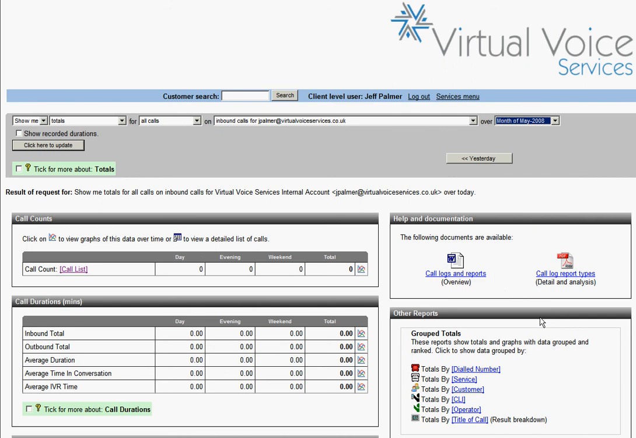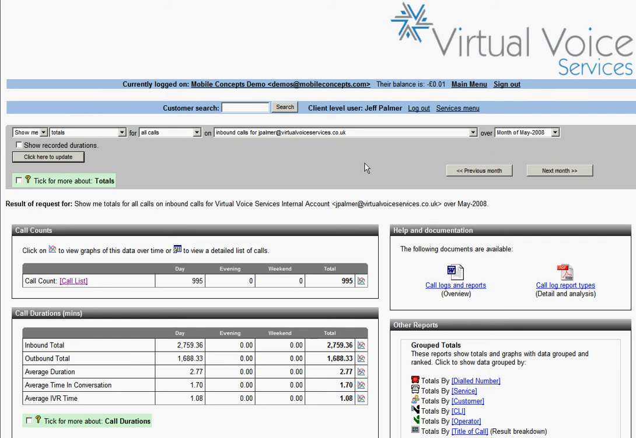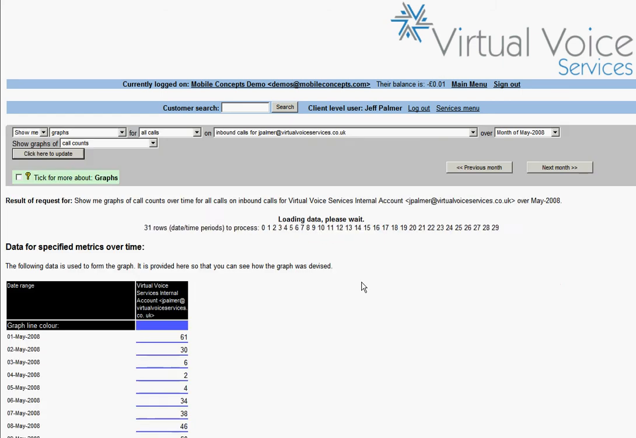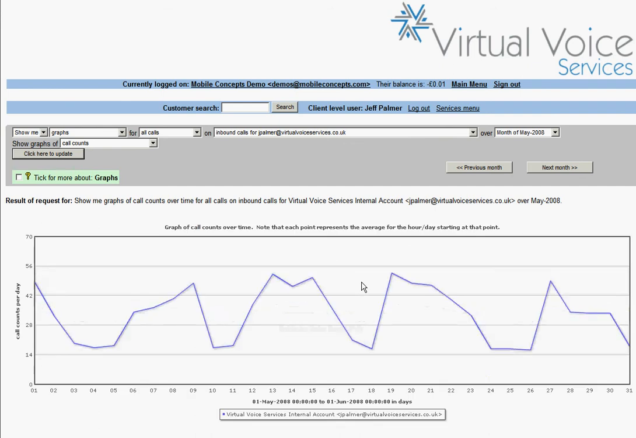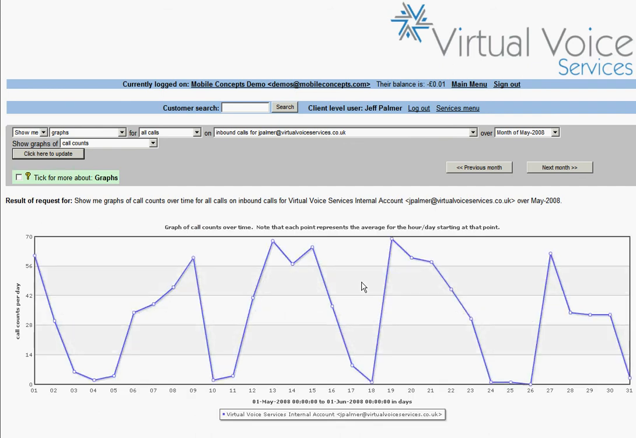So let's take a while back, hit save, we do a query on the database, and that pulls back information related to that specific date range. So here you can see we have a call count of 995 calls. We have then different inbound, outbound totals, average durations, average times in conversation, average times in IVR. You can also pull that up as a graph, so the system will build a graph based on that information that you've selected, and that will give you a pictorial representation of exactly what the data